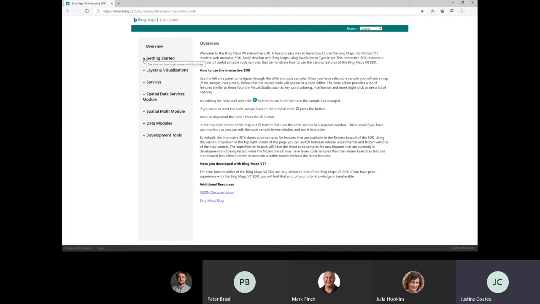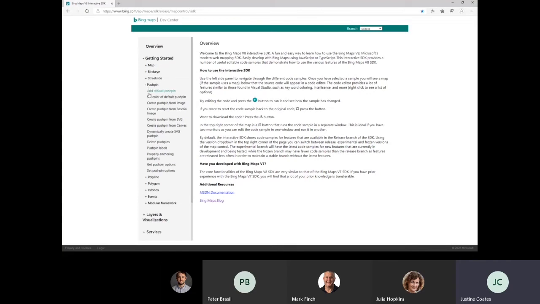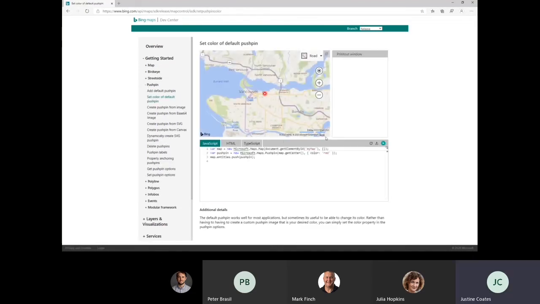So I'm going to go to the left menu and take a look at a simple sample, like creating a push pin and setting the color of that default push pin. So you'll see that in this sample, the push pin is red. If I just take that word red out and type blue and then press run, you'll see the pin turn